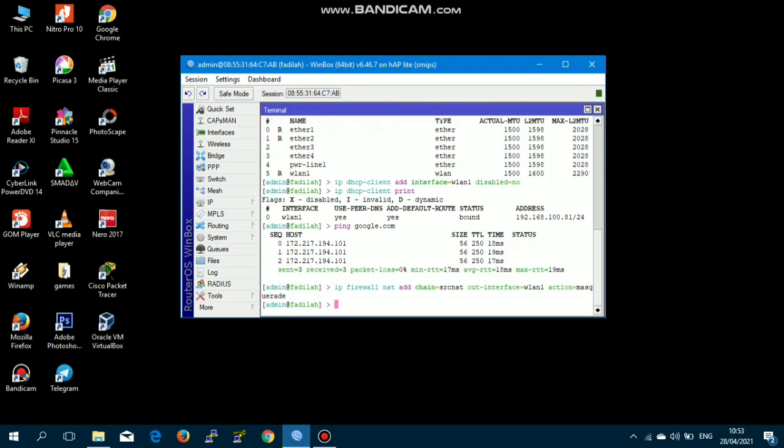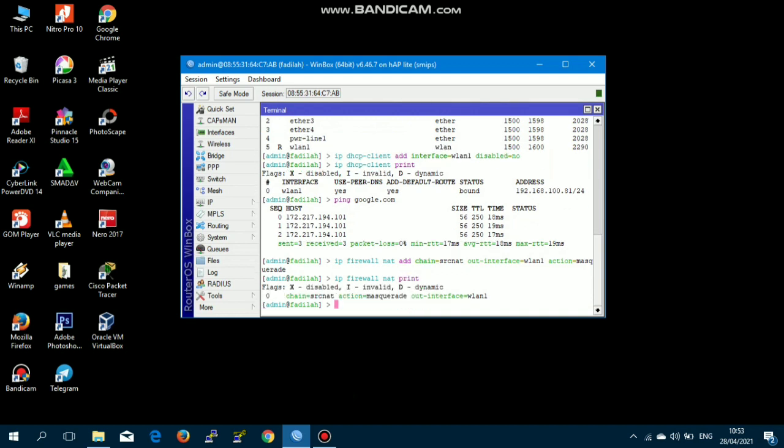Then, don't forget to check the results of the NAT firewall configuration by using the command IP firewall NAT print. We have successfully configured NAT firewall.